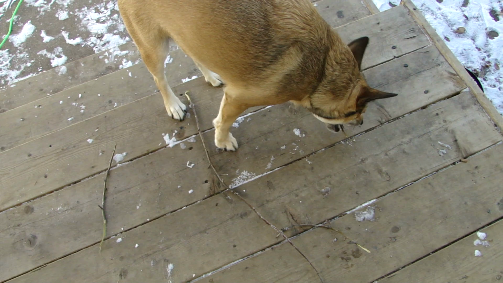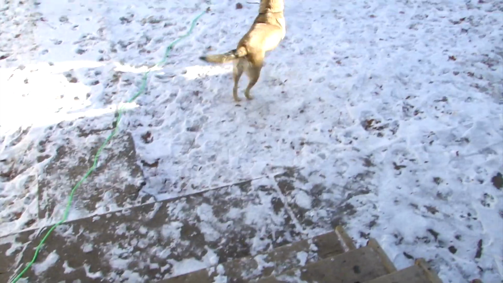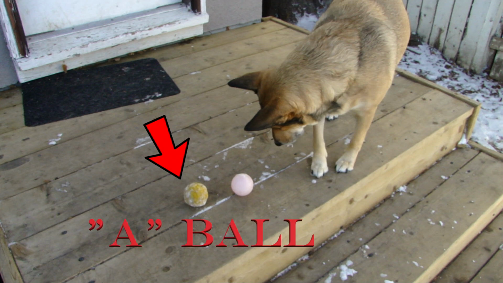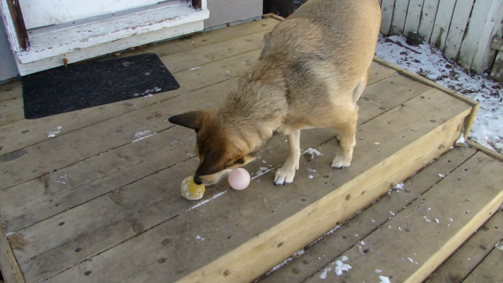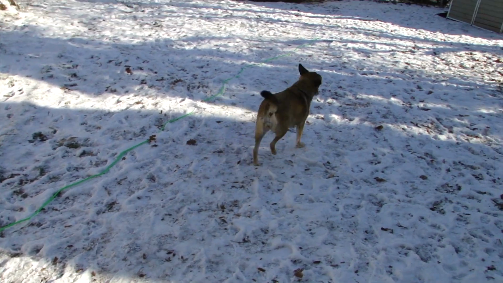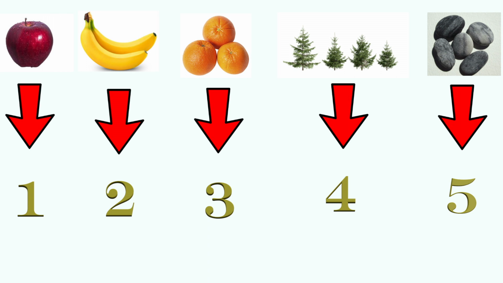A unit can be that same existent, but it is regarded as separate from the other existence similar to it. For example, to my dog, this ball exists, and it is different from this ball. This is something she knows. But what she does not know is that this ball can be regarded as a ball. This unit formation is what allows for concepts in mathematics. It is easier to see the use of units in math, where instead of remembering every number as a distinct concrete, we assign a unit.